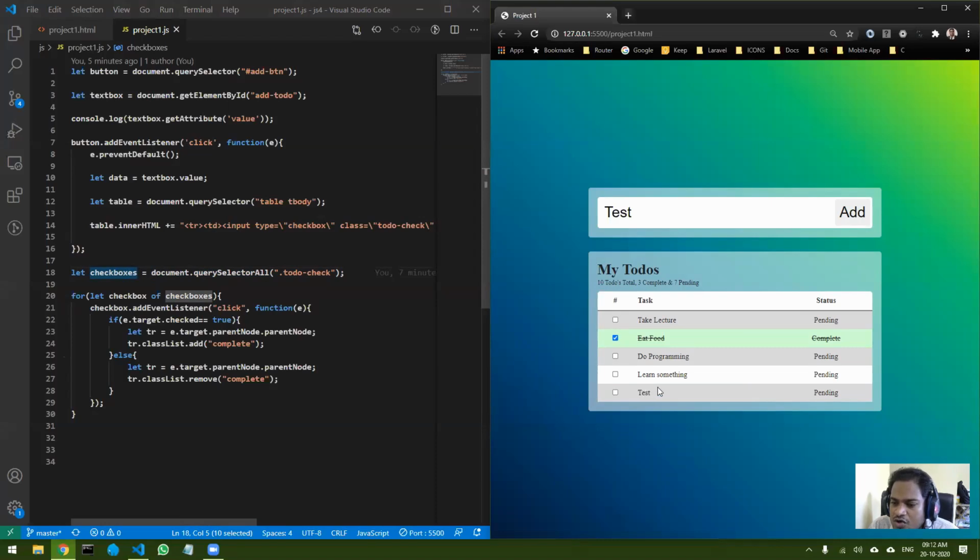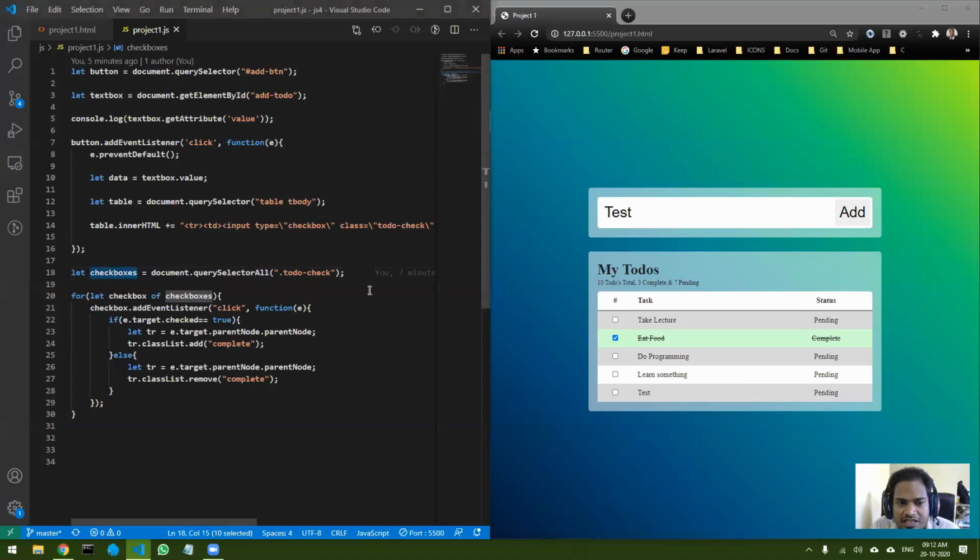You do not know whether the friend has added or not, because if you look at this particular statement, it is executed only at the beginning of the page. So when the page loaded, at that time this expression was executed, and at that time there were only 4 check boxes, right? So that means